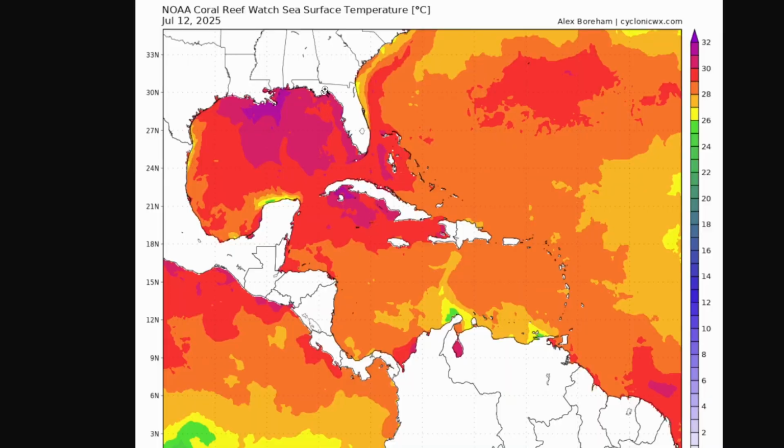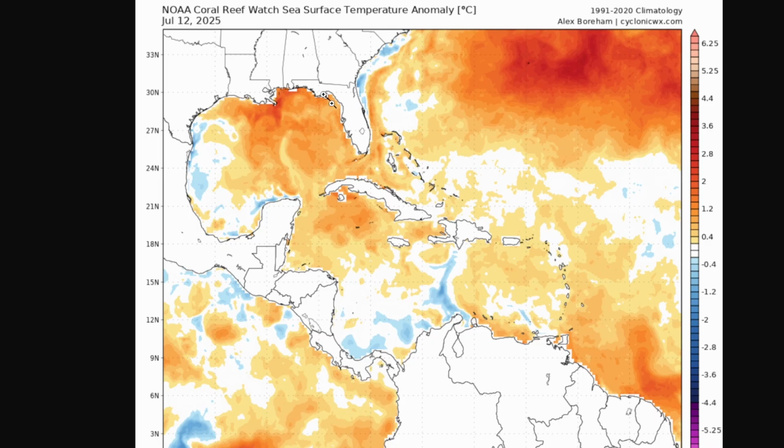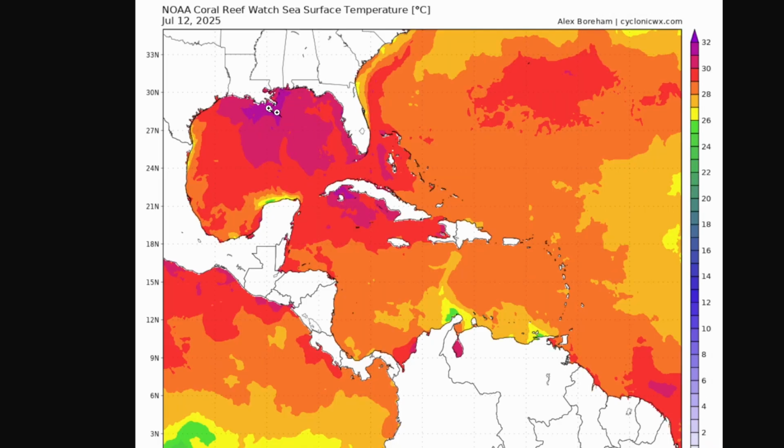But it's definitely something to watch, because it's going to be going over sea surface temperatures in the upper 80s, potentially getting close to 90 degrees. This is over 30 to 32 degrees Celsius in this part of the Gulf where it's going, and these sea surface temperatures are definitely above average. You know, this part of the Gulf is the most above average and the warmest part, according to the latest sea surface temperature analysis. And there's going to be a lot of ocean heat content as well with this,